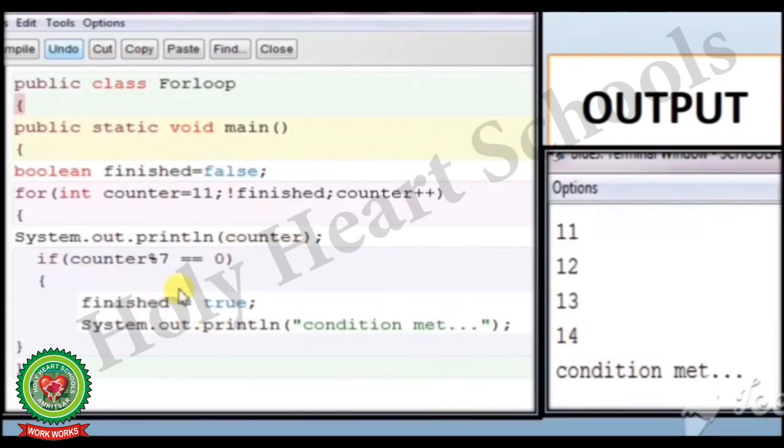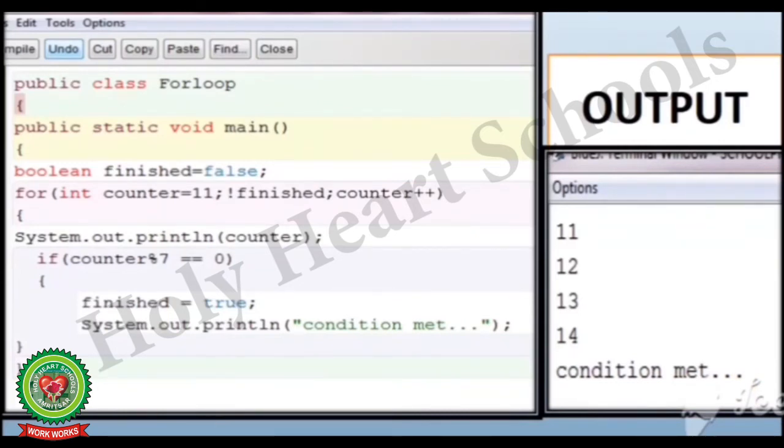If counter modulus 7 is equal to 0, now 14 modulus 7 is equal to 0, yes, because 7 2s are 14. Now we will enter in this block, finish is equal to true. So whatever the value of finish, that is false at the starting, it is changed into true. So the system.out.println condition met statement will execute and the program will be finished.